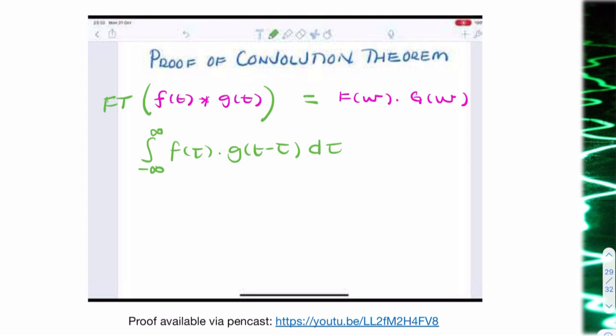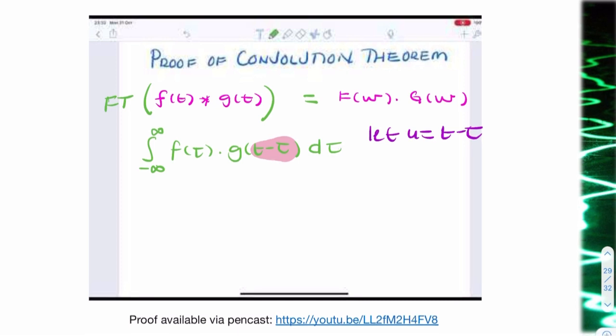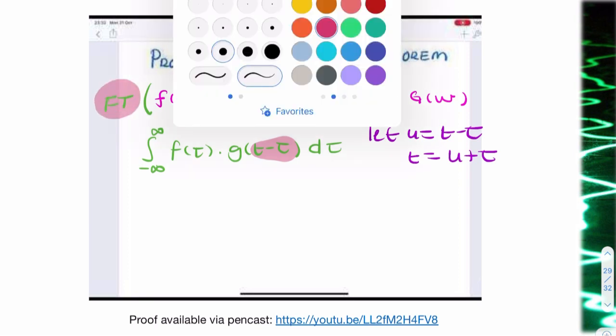Now what you can do is have a change of variable and replace. You can say let u equals t minus tau, and then t can be written as u plus tau. And now if we remember that the